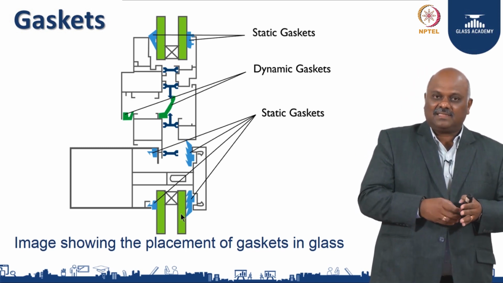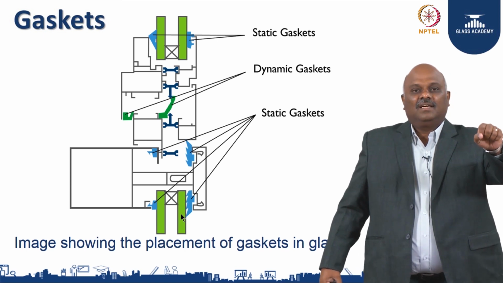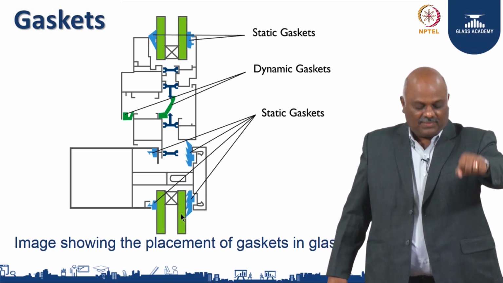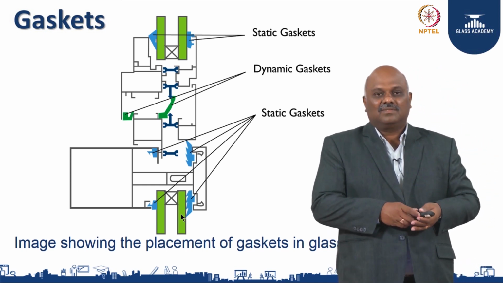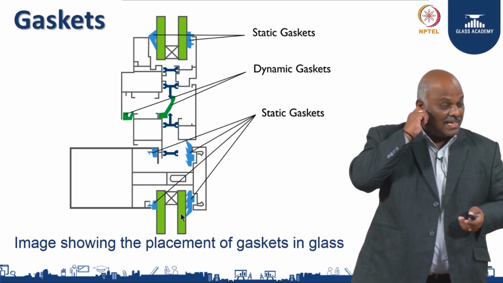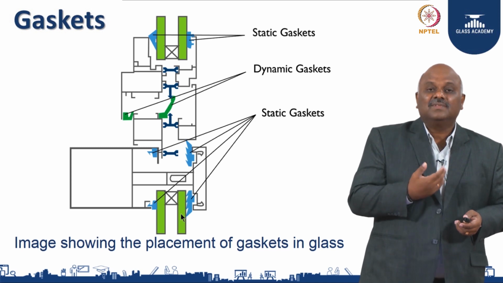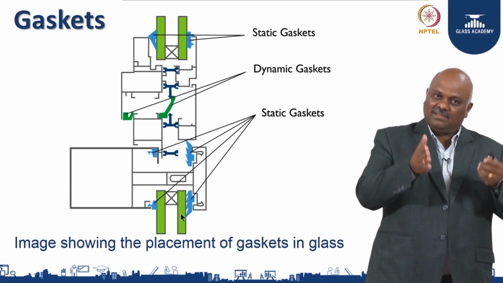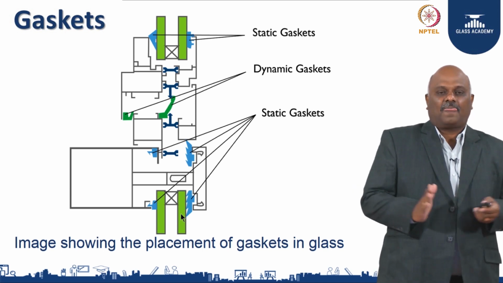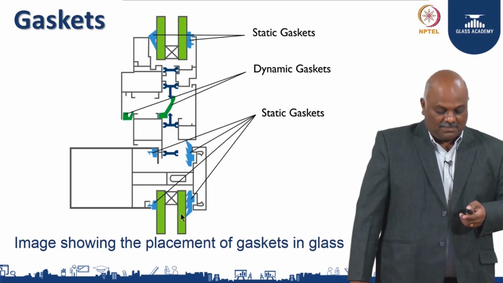When you talk about dynamic gasket, for example, I have an openable window, the gasket goes along with it and when it comes it should close back. So, these are the two commonly used names for gaskets. Dynamic moves along with the system, it opens and closes as per the design requirement. Static is something which is very static, but takes care of compression, elongation as per the design.